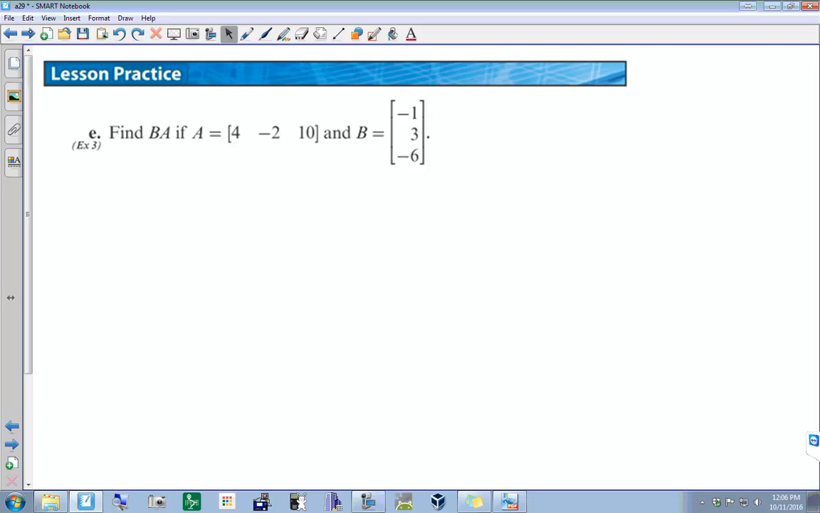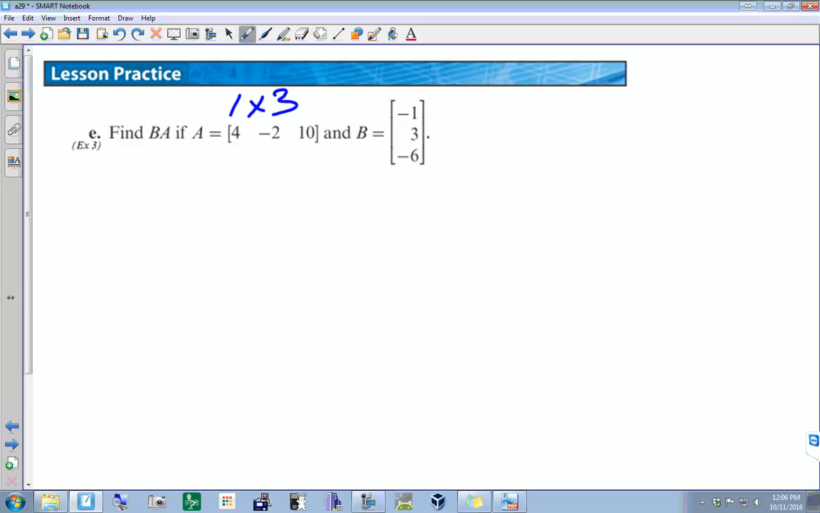All right. Always one step at a time. So, Davey, I want to know what are the dimensions of matrix A? Rows by columns, 1 row by 3. So far, so good. Now,